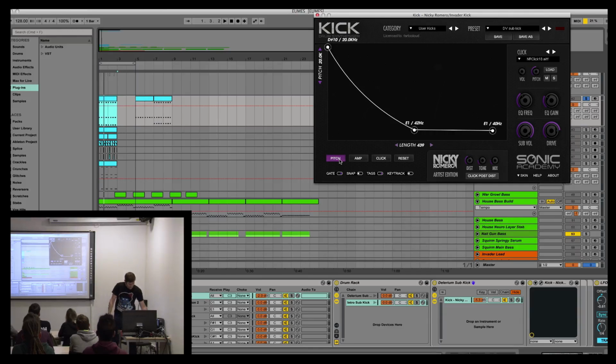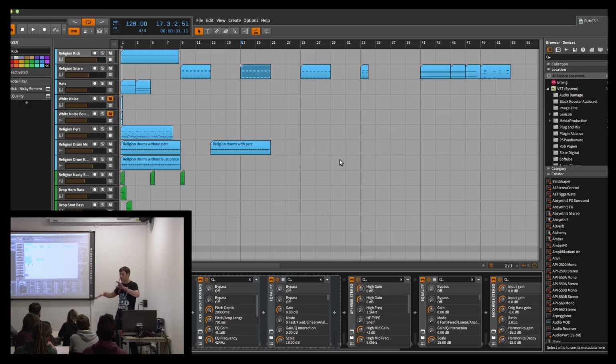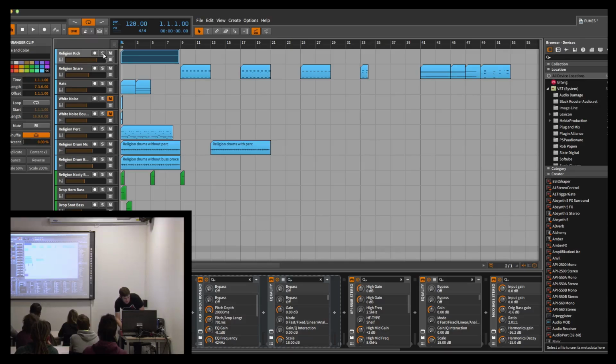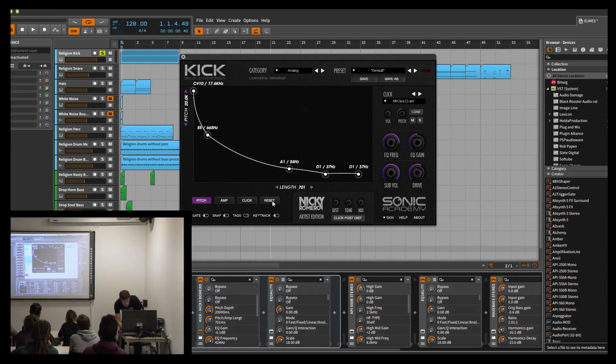So forgive me, I'm going to switch between Live and Bitwig because I've been using the two different sequencers recently. But I have another kick drum here, and this track was in the key of D, but with this kick drum I tuned it to a D, and it just sounded wrong. So what I did was I tuned it to A and then put a little pitch down to D,